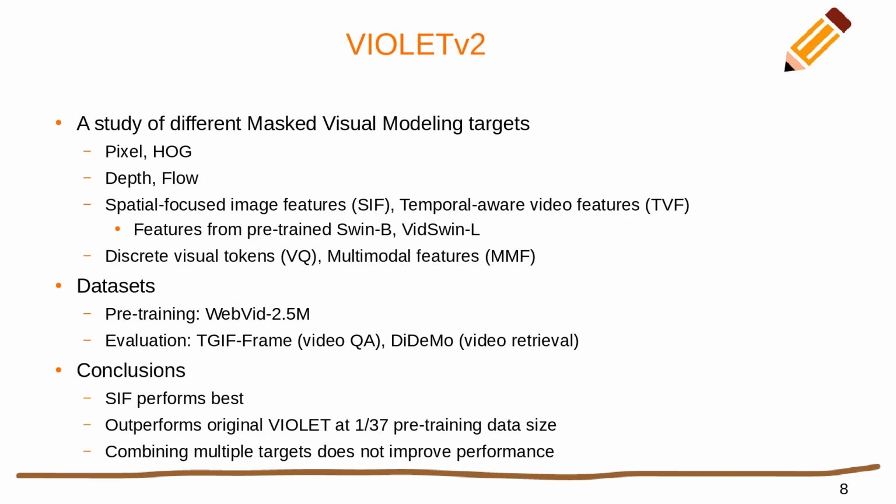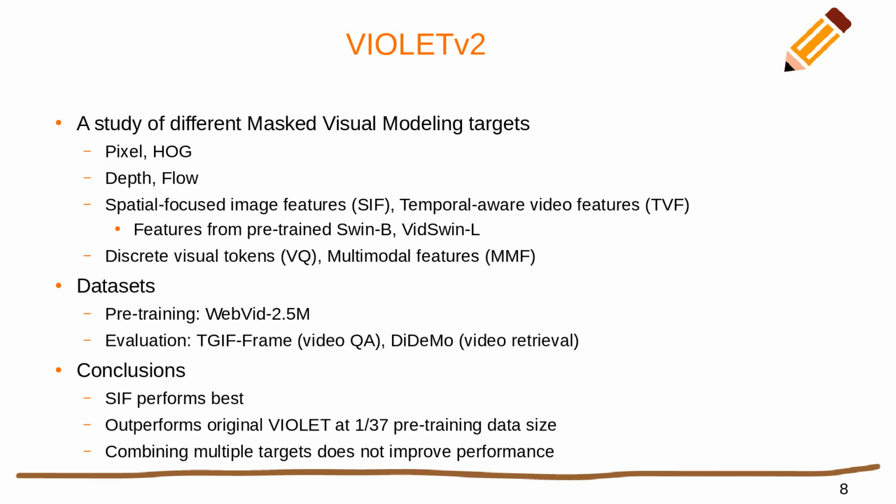The video swin transformer, or VT, in the Violet model is initialized with Video Swin-Base pre-trained on Kinetics-600, while the language embedder and cross-modal transformer are initialized from pre-trained BERT base. The study considers 8 different multimodal video pre-training targets, including pixel, histogram of oriented gradients, or HOG, depth, flow, spatial-focused image features, or SIF, temporal-aware video features, or TVF, discrete visual tokens from DALL-E, and continuous multimodal features